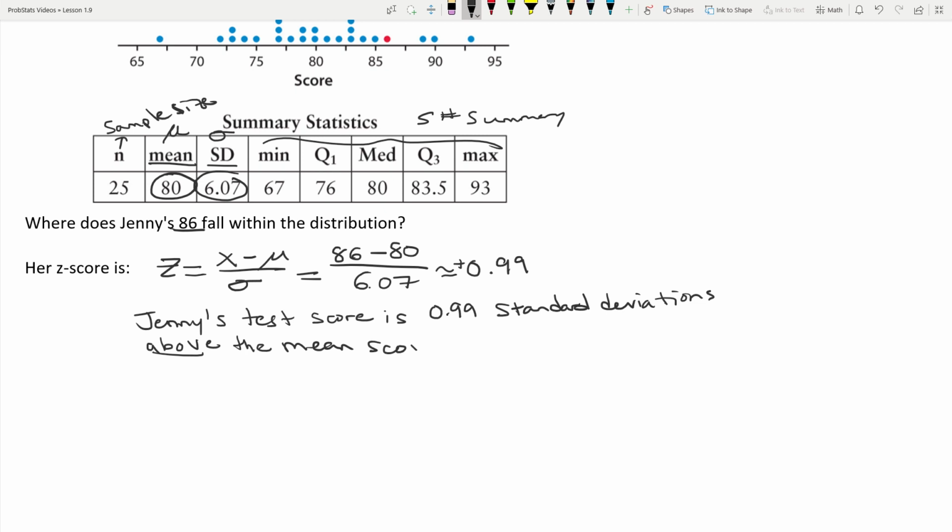Score for the class. So she's about 1 standard deviation above the mean score. Usually, if you're 1 standard deviation above and 1 standard deviation below, you're generally in what we consider typical values. So the typical values are 80%-ish, and then one standard deviation above that, one standard deviation below that. So 80%-ish and about Jenny's score of 86, and probably about a score of 74 would be typical values for